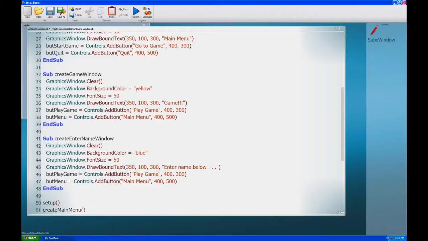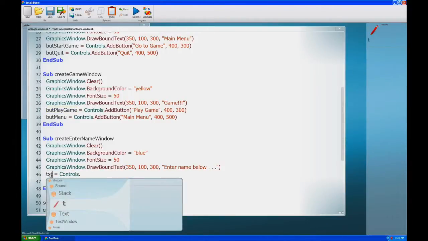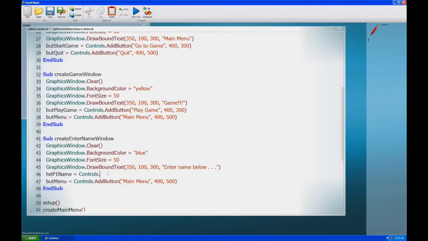And do we need any buttons in here? We'll need something to go back to the menu, so maybe I'll keep the menu button. And rather than controls.add button, why don't we do controls dot in here. We're going to set this as a text box. So I'm going to say txt, just as a note to myself that it's a text box. This is just a variable name. I'll call it txt player1 name equals controls dot